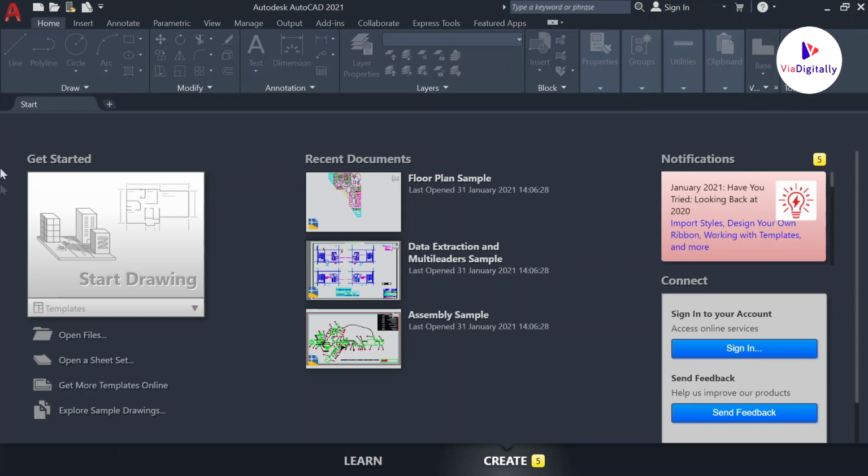In the left panel, you can see something related to the drawing tools. You can open files that you have already opened in the AutoCAD software. You can start working from the remaining work that you have left there. And this is the start drawing icon. Once you click this, you can start designing in the AutoCAD software. Next to this, you have 3 recent documents that AutoCAD provides for you that you have completed recently. Now to start a drawing in the AutoCAD software, simply click the Start Drawing icon.